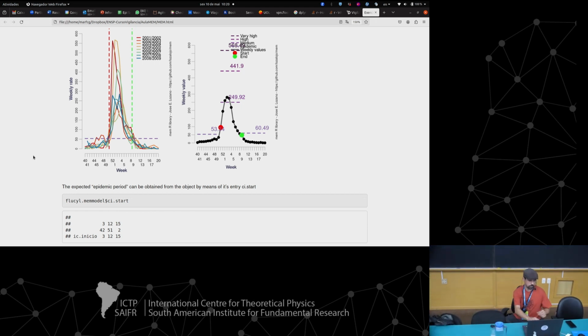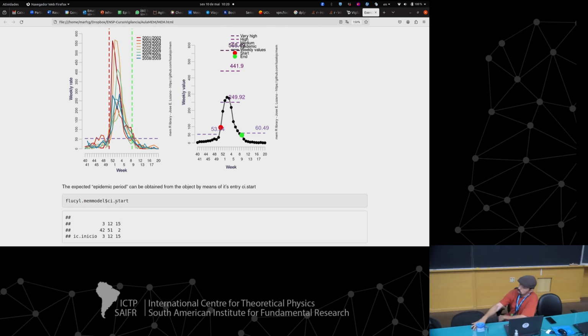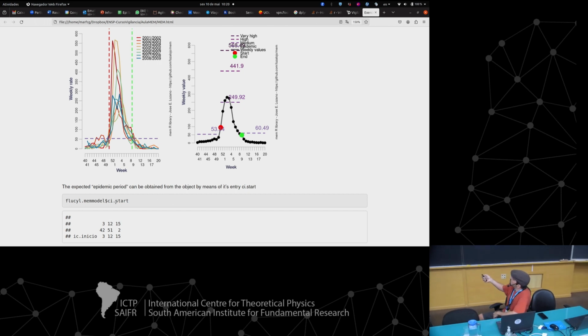So here we have the expected values for the starting point of the seasons, and with the confidence interval associated